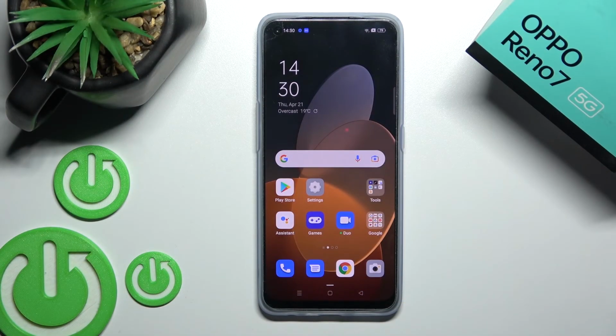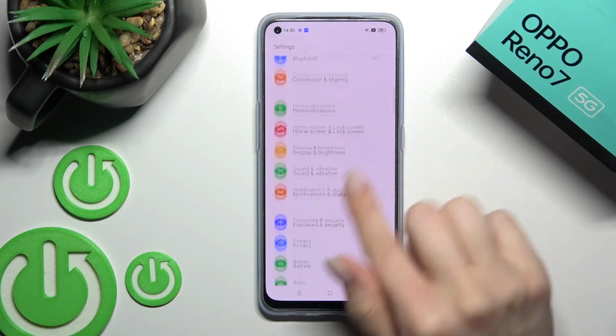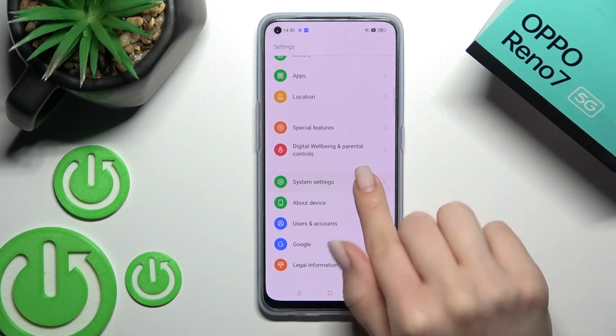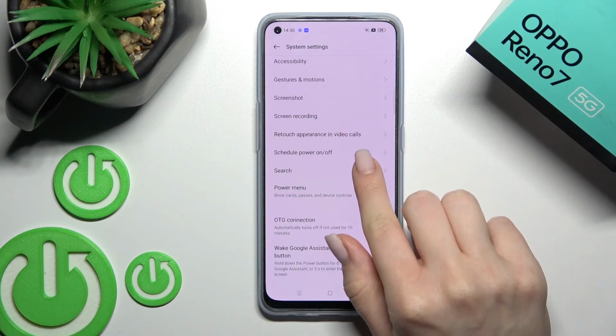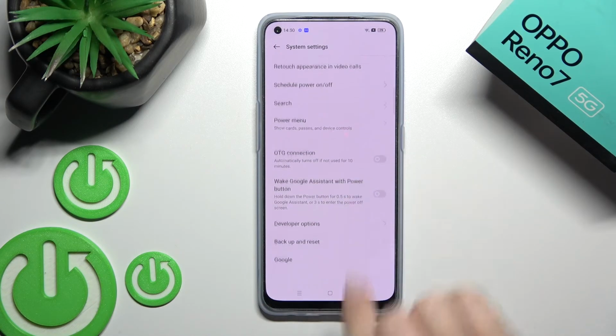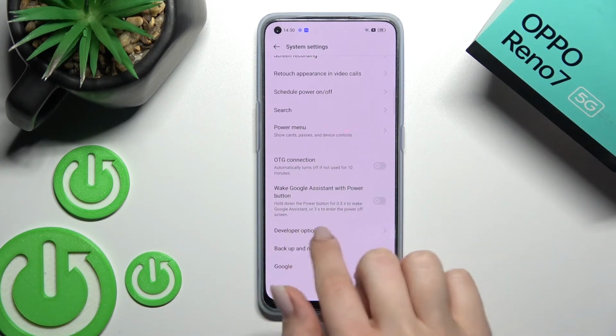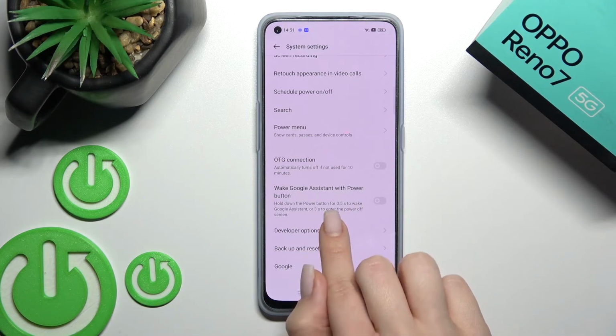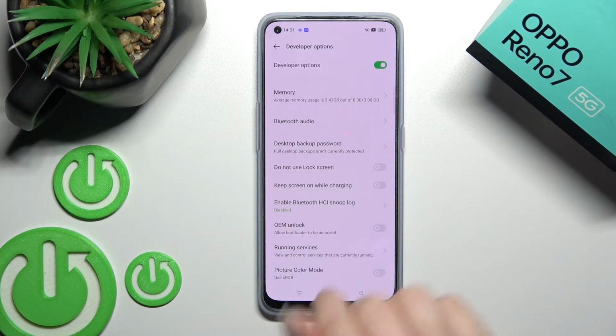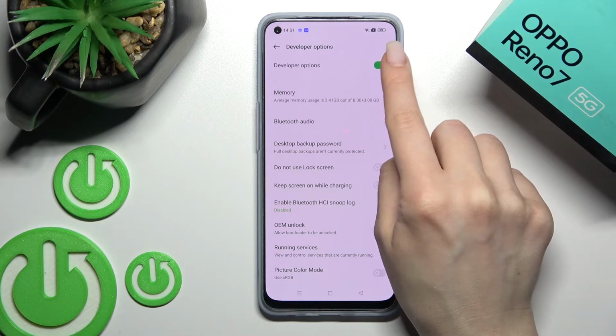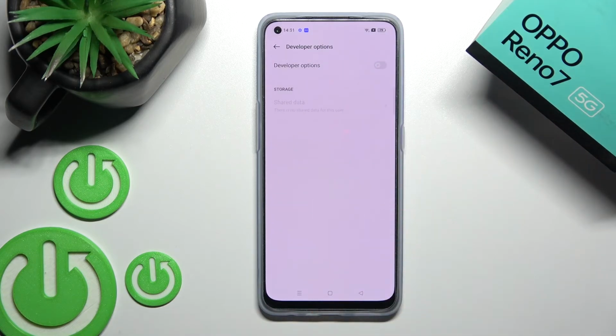Welcome, today in front of me is an Oppo Reno 7 and I'll show you how to hide developer options on this device. So first you should go into the settings application and then scroll all the way down to the system settings section. Now just scroll a little bit more down, and if the developer options are activated, you'll see the developer options section here. And now to hide them, you should click once on the switcher here, and